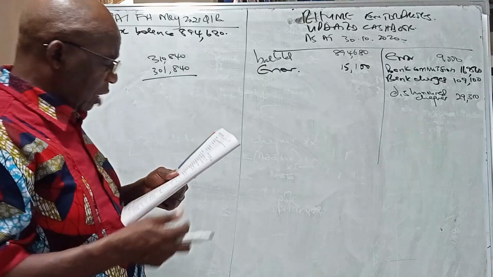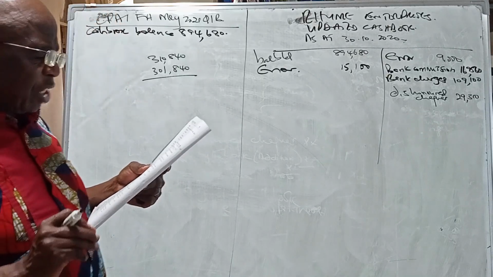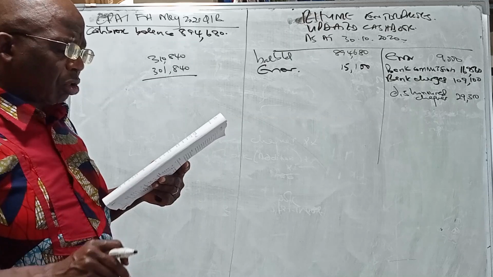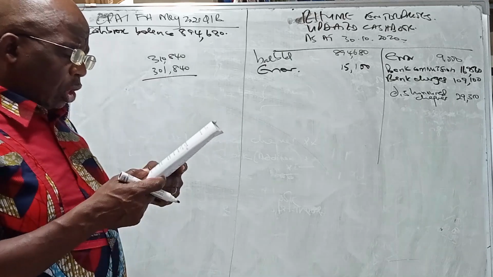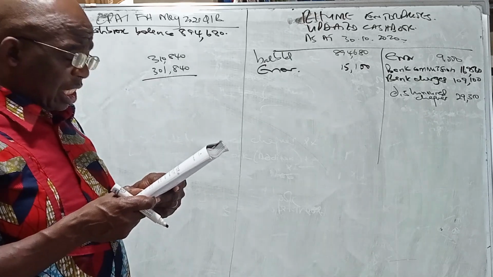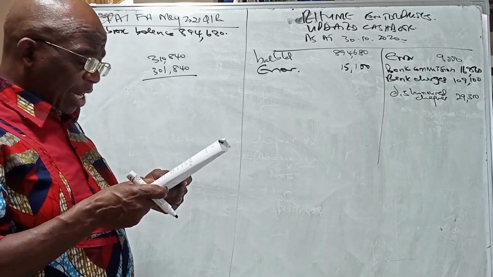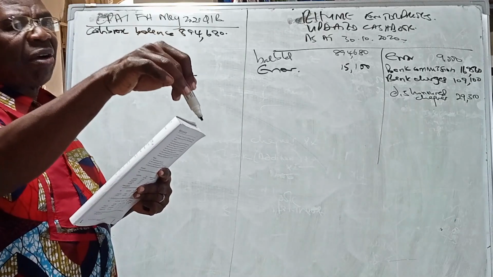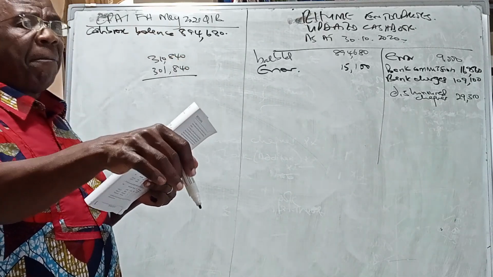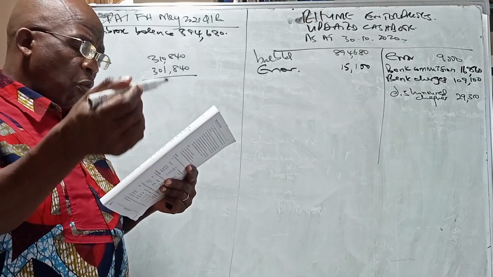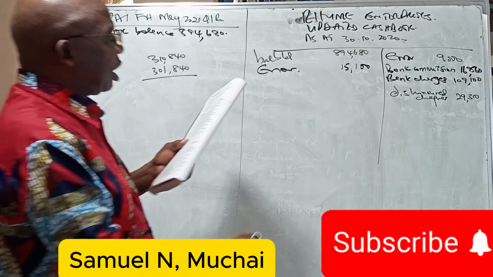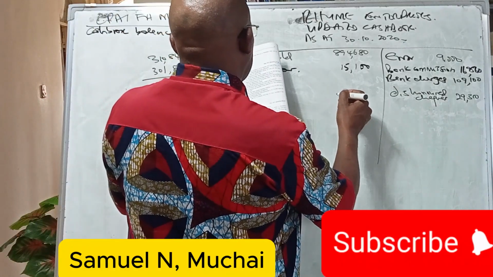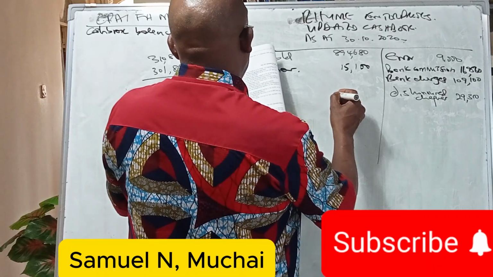Number six. The customer paid directly into the bank account an amount totaling to 210,100 on 25th of October 2020. This amount had not been recorded in the cash book. In other words, the bank has increased our money with this amount of money, but because the customer didn't tell us, we have not recorded as an increase in our money. So we now record an increase of our money amounting to